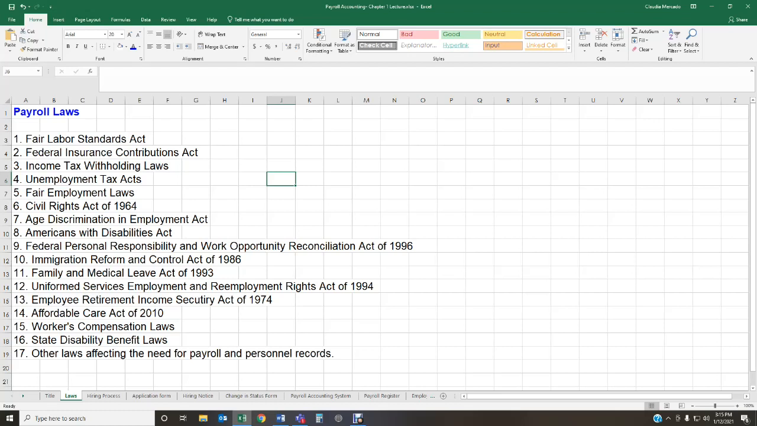So there's a variety of payroll laws that are going to be covered here. It's just a matter of you knowing what they are, being able to identify what they cover. And this is not only important for my class, it's important for when you're an employee, you're working and